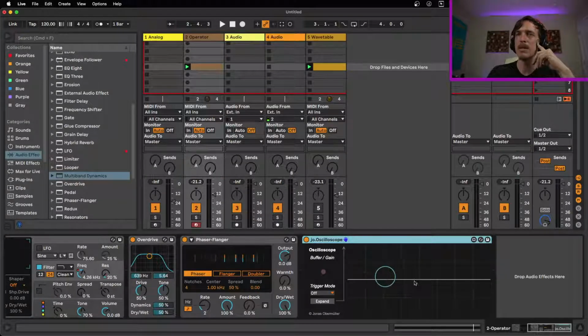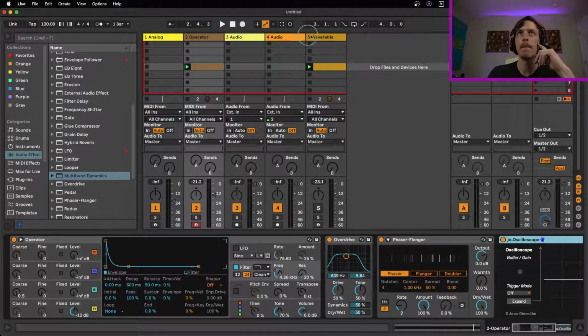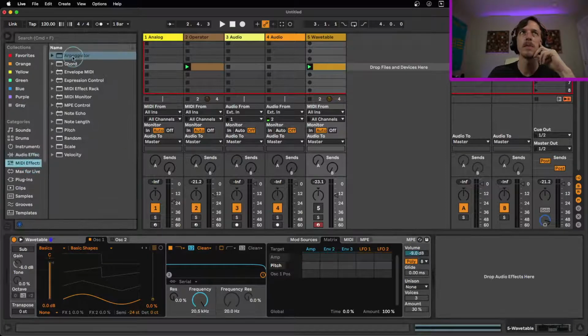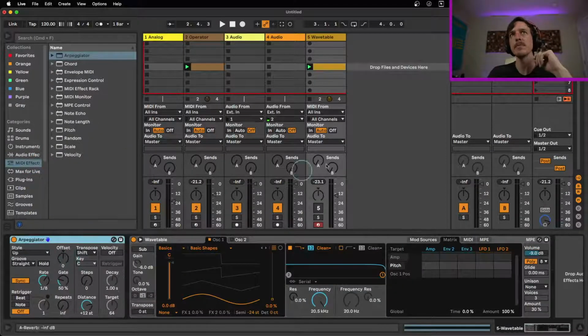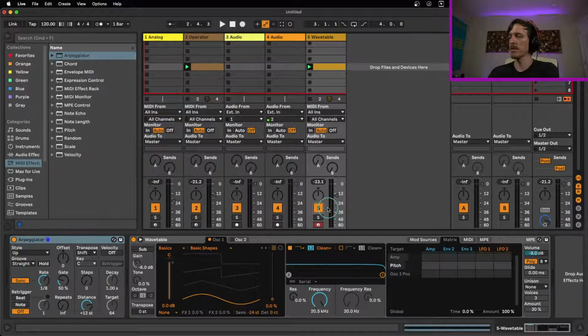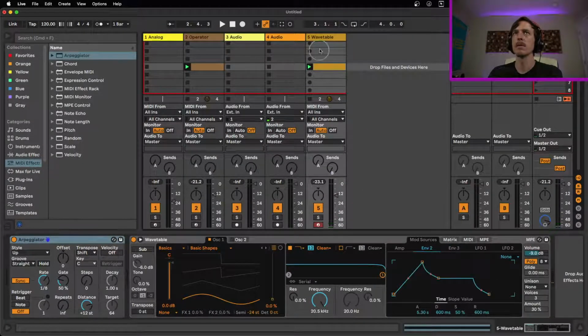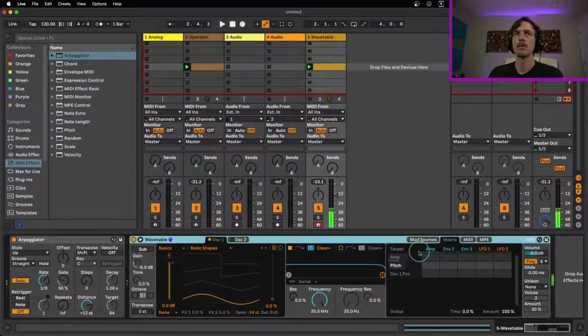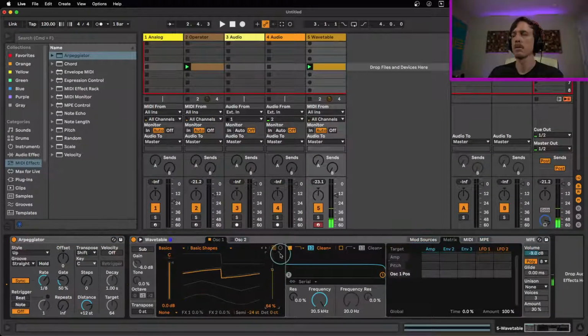So you can tweak the pattern on the arpeggiator, but not as much as you can on a lot of other arpeggiators. So you grab the arpeggiator here. So if I just play a couple notes, what did I do? The pitch envelope. Why is this so low? Okay. So if I play 3 notes,